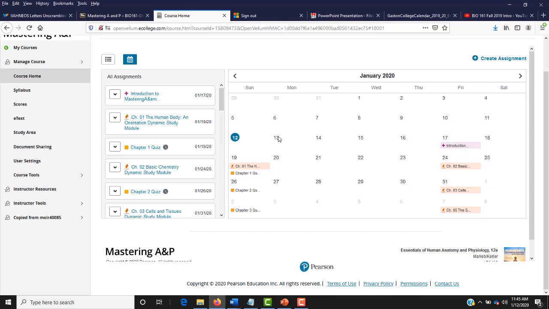Alright, here the 13th is the first day of class here. The 19th, when you hover over each of these assignments, it tells you when things are due and if they are available. The study module tells you when it is due. All the study modules are available right now and will be available all semester, but they are due by certain